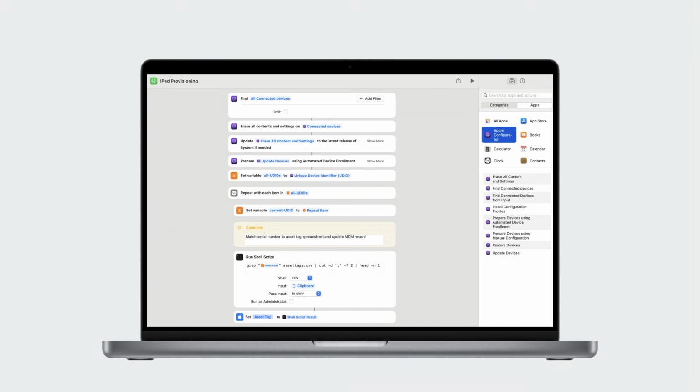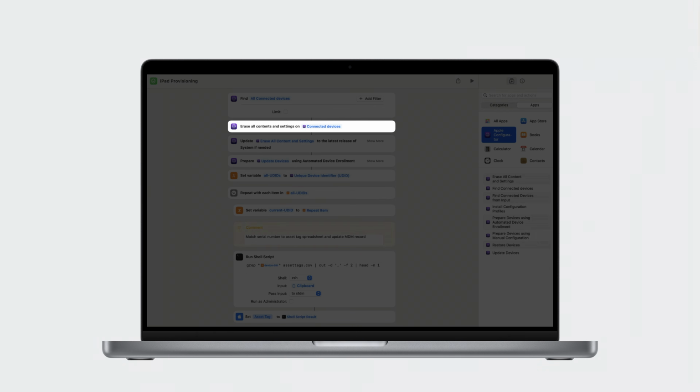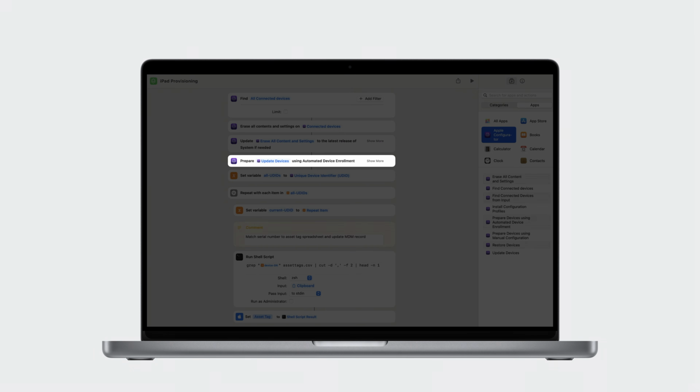Let's look at an example of a simple shortcut that leverages Apple Configurator actions. Here, we see a basic shortcut for provisioning an iPad. First, we reset the device and install the latest version of iPadOS. The device then uses automated device enrollment to enroll in MDM and can take the device completely through Setup Assistant, eventually landing it on the home screen.